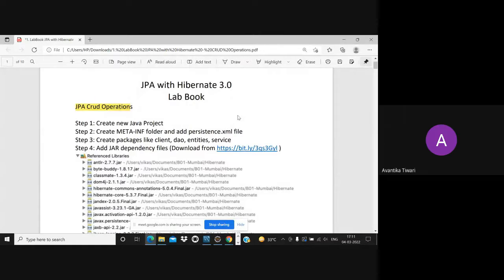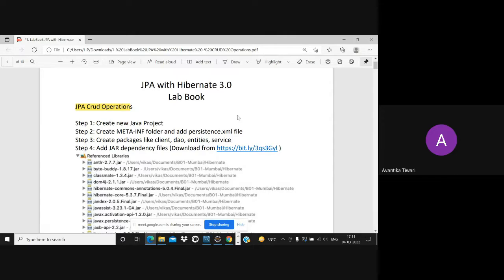Now you understand what is CRUD and you understand what is JPA. It's an API. So if it is an API and we are using it with the support of Hibernate technology, with Hibernate tool, we will be having a lot of annotations and a lot of inbuilt packages in which classes and interfaces are there.